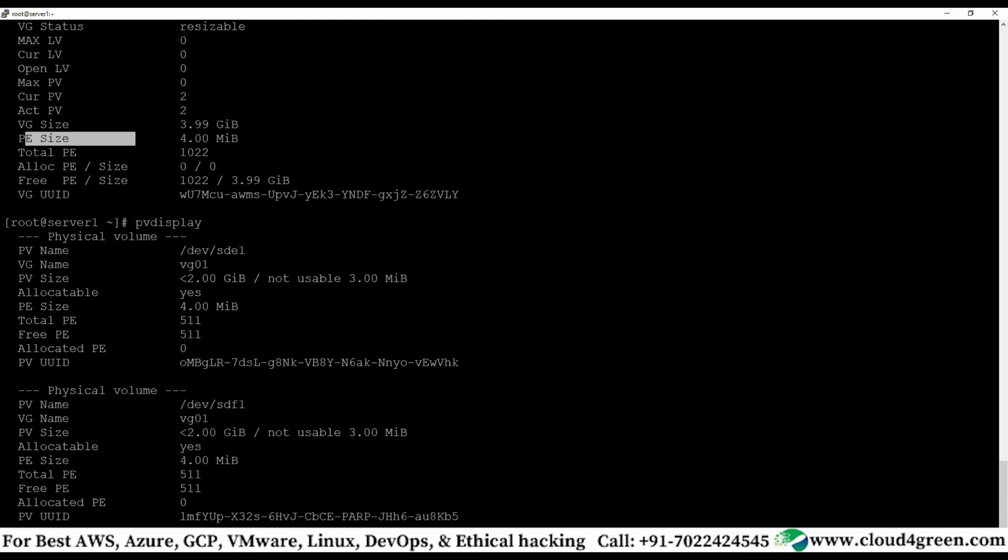Consider this as the smallest area where you can write to a disk. In the case of formatting a hard disk, sectors are the smallest area where the operating system can write files. Similarly, there is the logical extent. This logical extent could map here, or here, or here. It's just an example to make you understand what a logical extent is, or a physical extent.